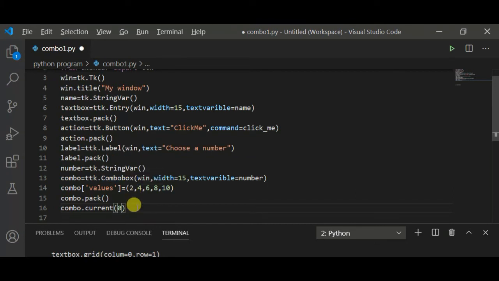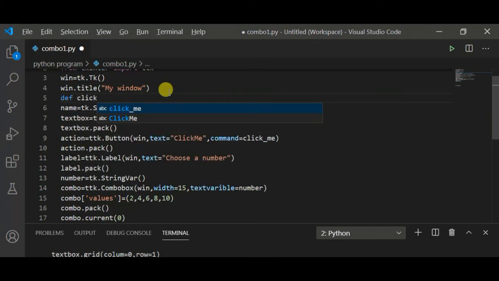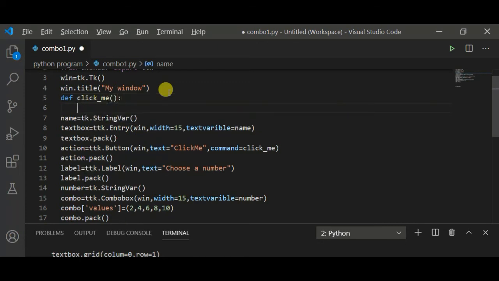Now finally I am creating a definition for my callback function. def click me. This function will perform some action, and what will be the action?